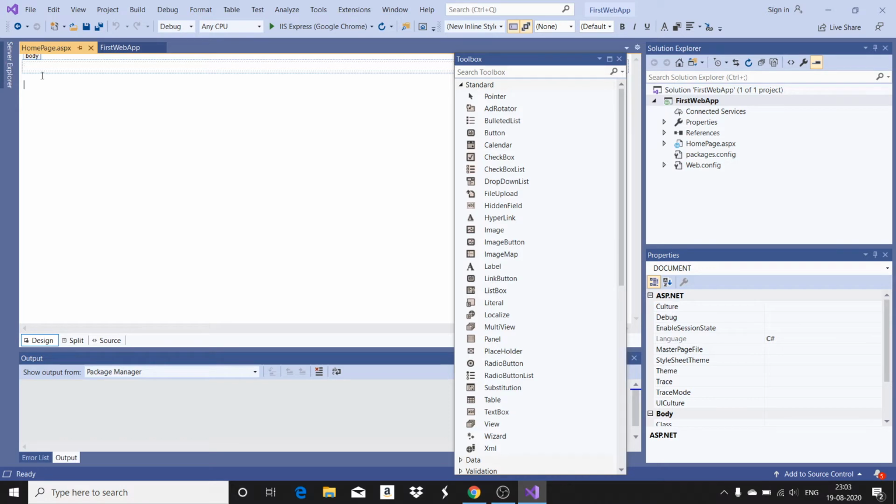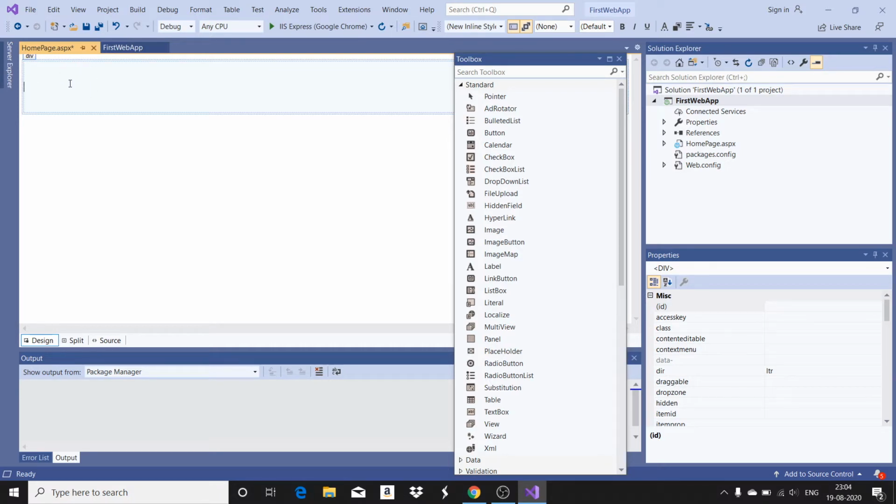In the HTML you will be having the body in which you will display the contents of a web page. So what I do, I click on this body and you can see here div tag appears, which is a division tag. So I just press enter key. So whatever controls you want in the web page you can add in this division.